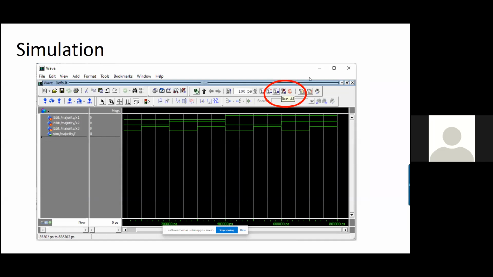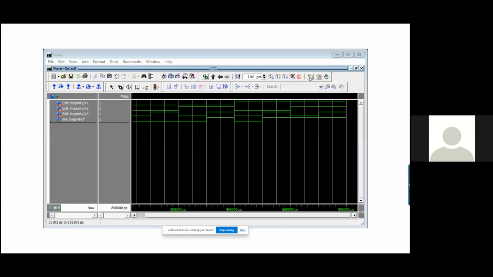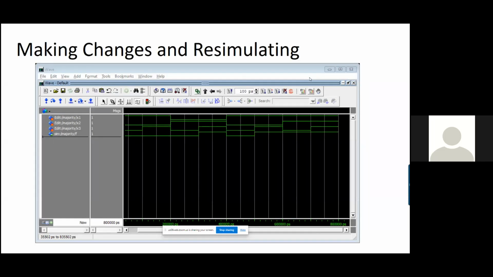But when you press run all, the simulation starts and you get the output. This is the simplest example I have taken, and this is the way I can simulate.